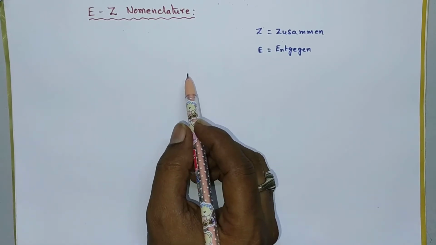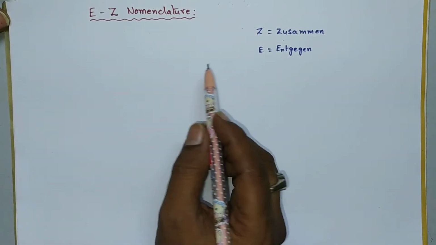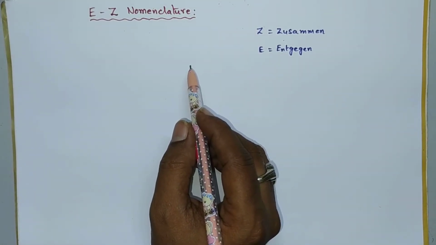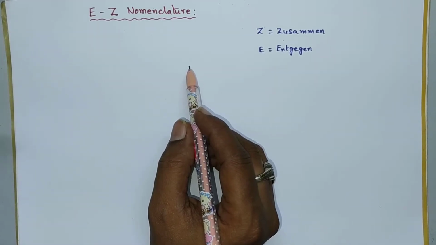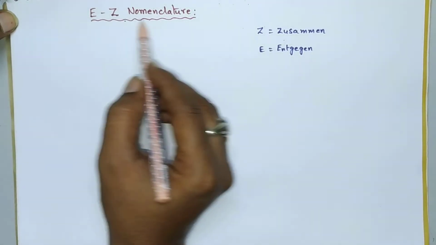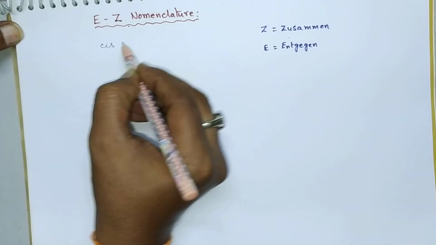So generally the alkenes exhibit cis-trans isomerism, which is also called geometrical isomerism. In alkenes there is a different spatial orientation of atoms around the double bonded carbons. Here the configuration around the double bonded carbons can be indicated by using EZ nomenclature. So generally this is cis-trans isomerism.